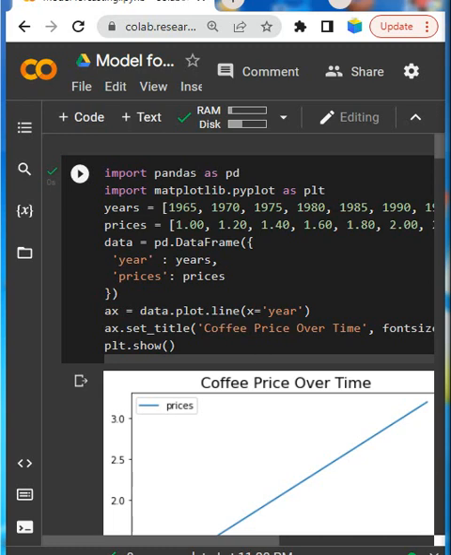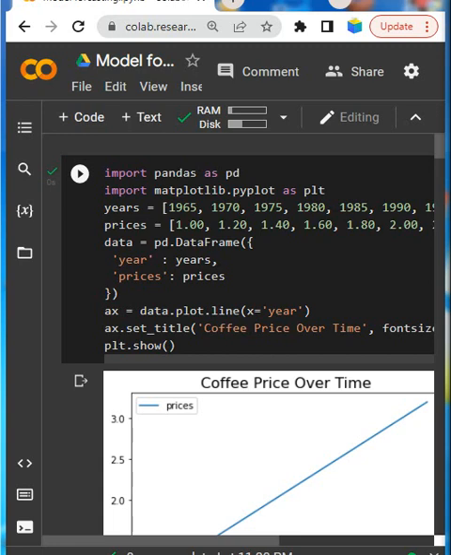So let's see, first I am going to import pandas as pd and matplotlib.pyplot as plt. These are the two libraries, and I am going to create years and prices as lists.